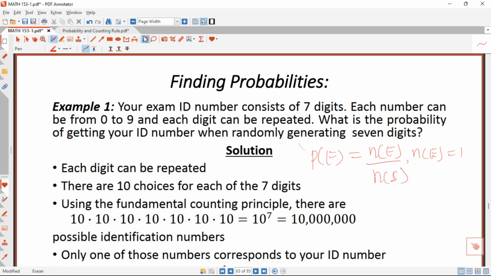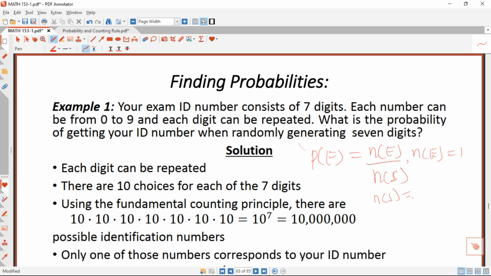We got 1 because here he said your exam's ID consists of 7 digits. So you are talking about the ID here, just one ID. And when you come to the question, he says what is the probability of getting your ID? That is just one ID, right, when generating 7 digits. So here our number of events is 1. We are looking at the probability of getting a given ID, a certain ID, which is 1, right? So once we have the number of events, we are left to find the number of sample space